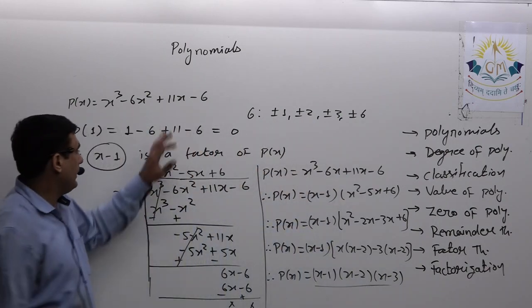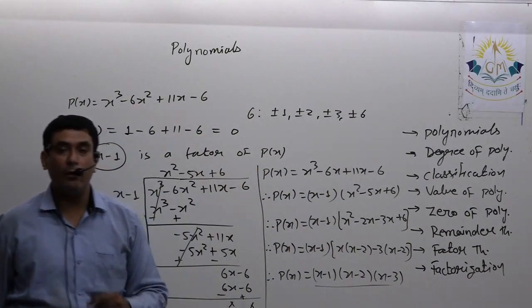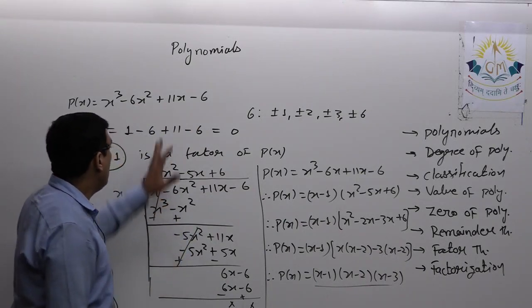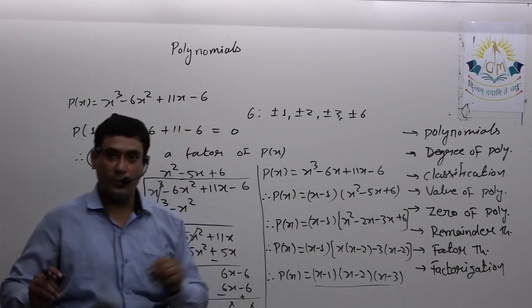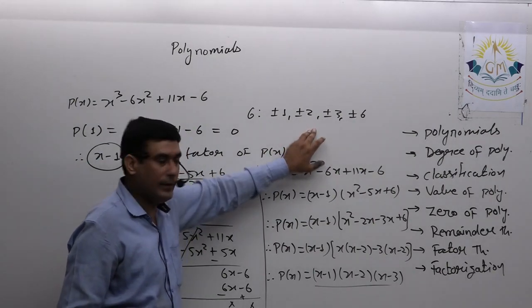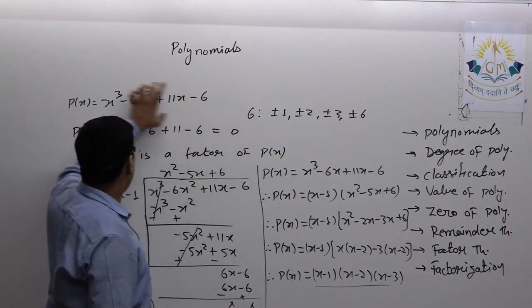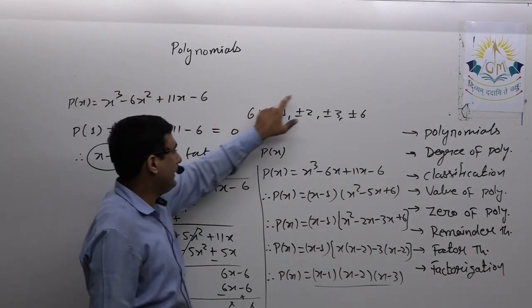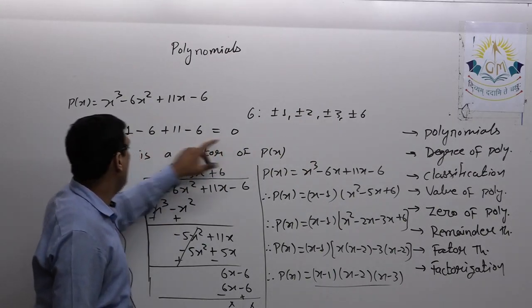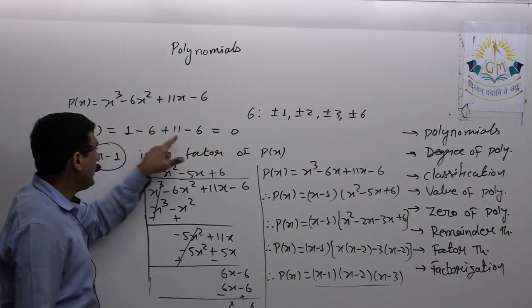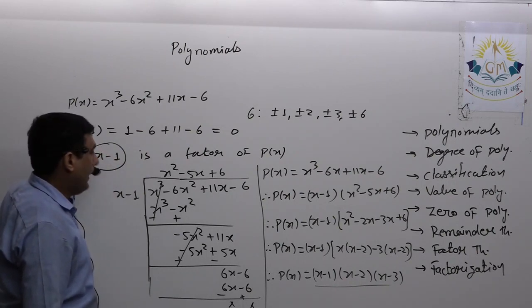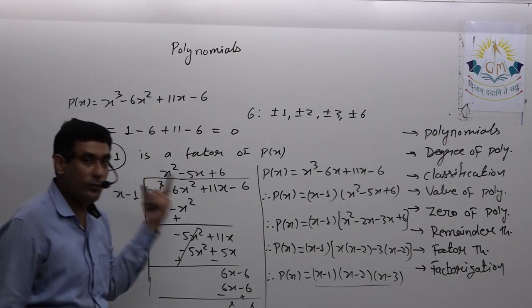So over there, as it was not possible to apply any identity, and also not possible to take common, what I will do is find the factors of the constant term, writing them with both the signs. Then I will check the value of the polynomial at each and every factor. Definitely at one value I will get 0, and as I got p of 1 equal to 0, x minus 1 is a factor. Suppose if I get p of minus 1 equal to 0, then x plus 1 will be a factor.